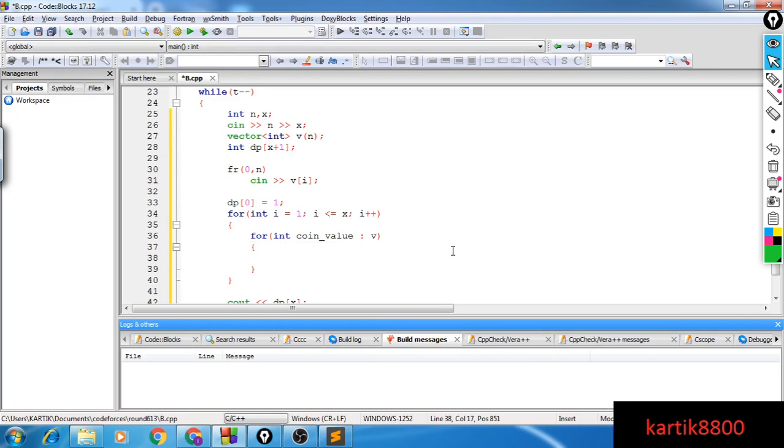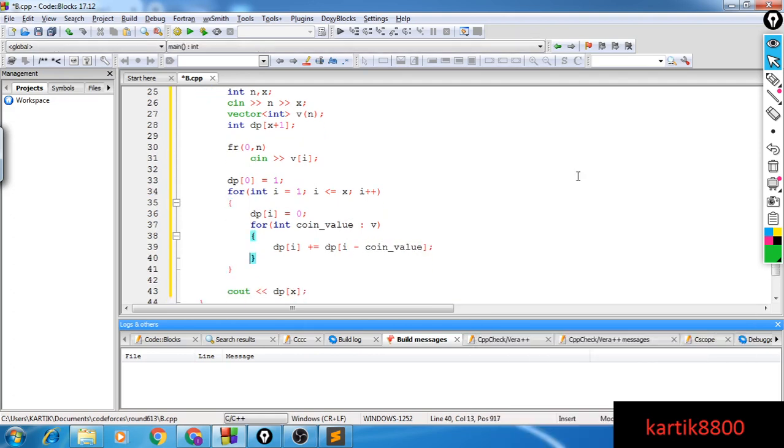I'll try out all the coin values that I have as my first coin and try to form the overall sum I. So it's going to be DP of I equal to, here I can declare DP of I equals 0, and DP of I will be plus equal to DP of I minus coin value, right? This is just the recurrence that we discussed. I'm implementing the same. And I think I need to print the number of ways modulo 10^9+7, as this will be very large. So I will do that as well.